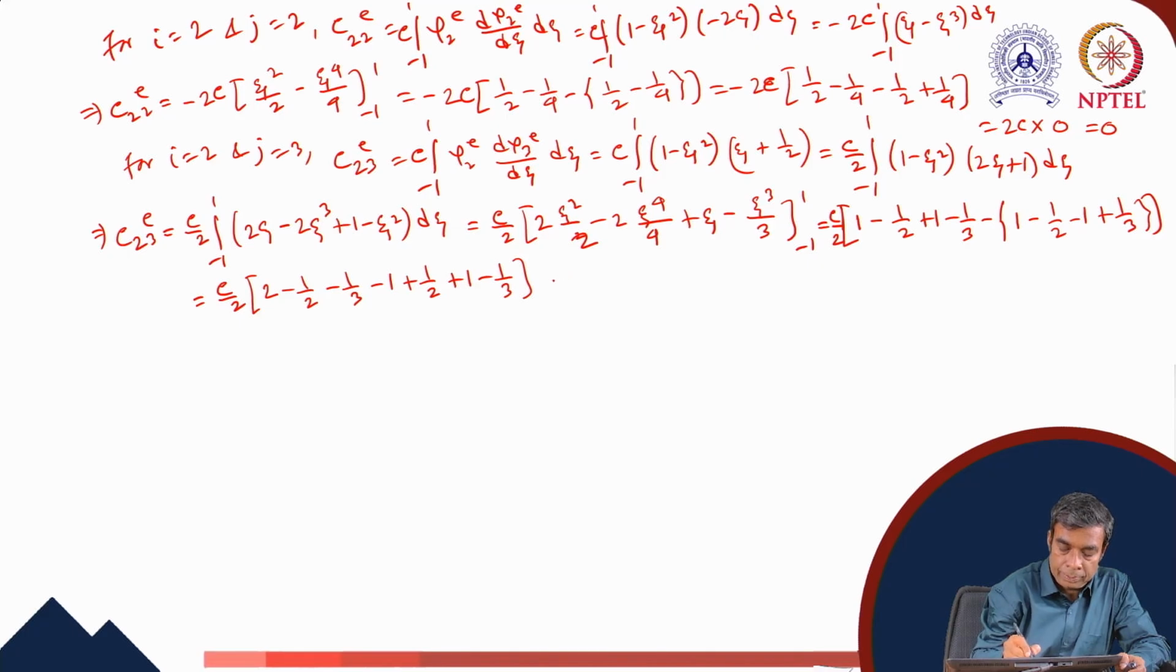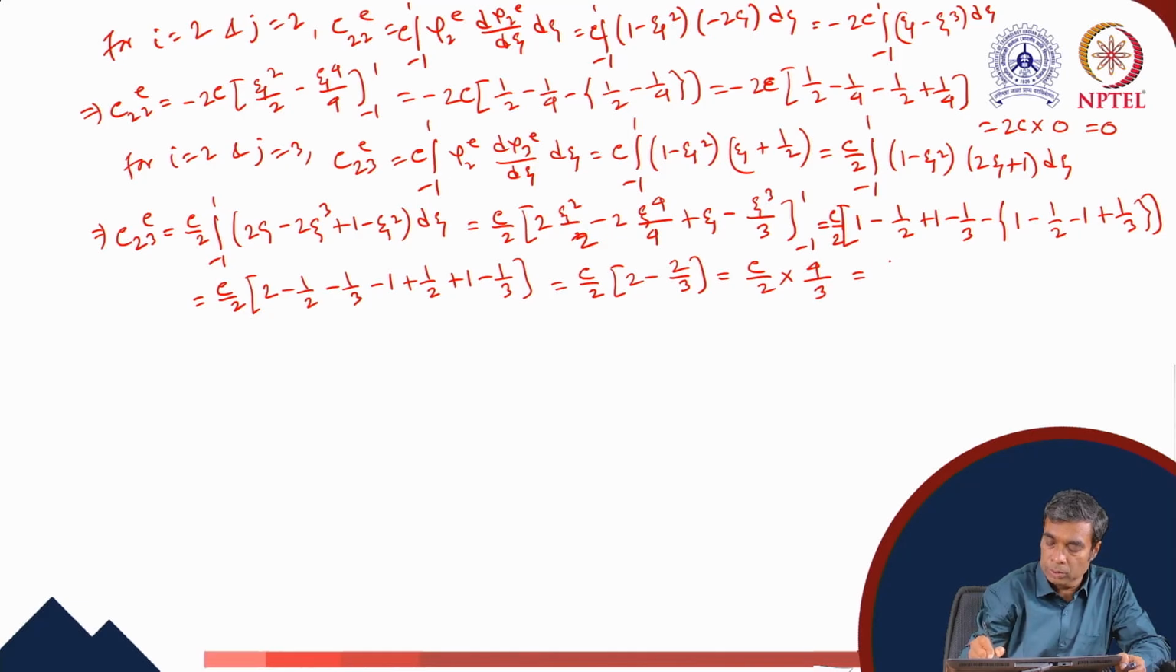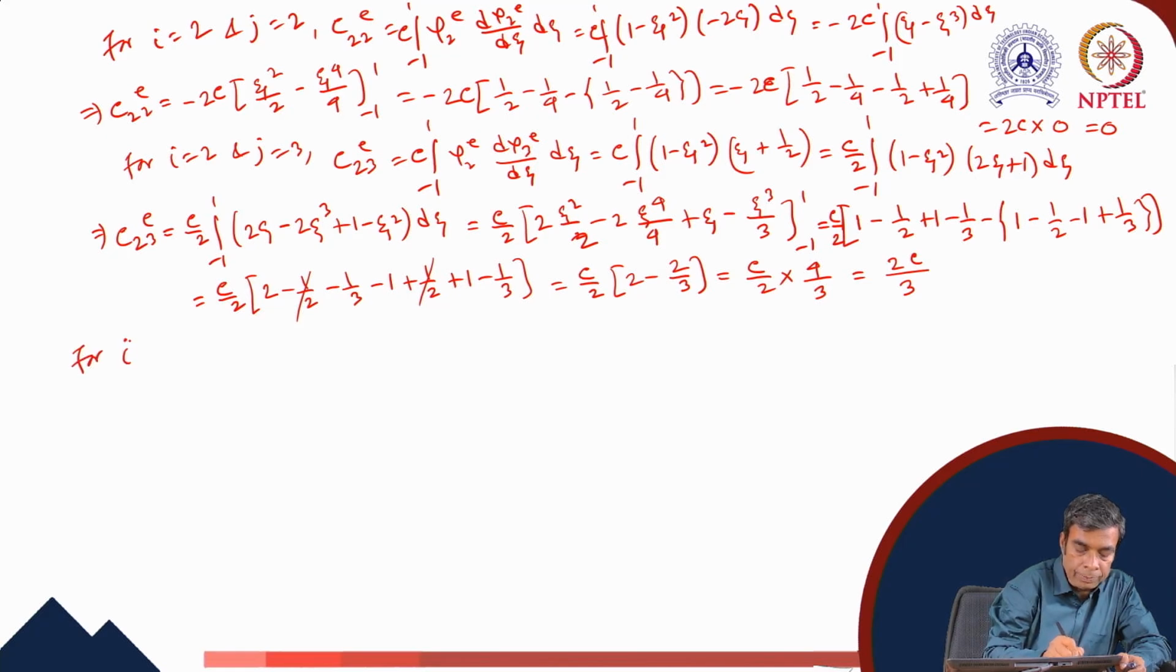So here we get c by 2 into 2 minus 2/3 equals to c by 2 into 4 by 3 equals to 2c by 3. Here minus half and half, they cancel out. So it is 2 minus 2/3. Now for the third row, we have for i equals to 3, j equals to 1, we get C31e equals